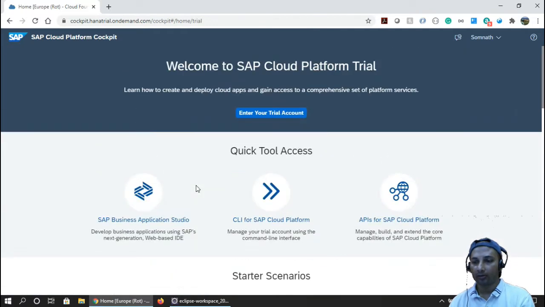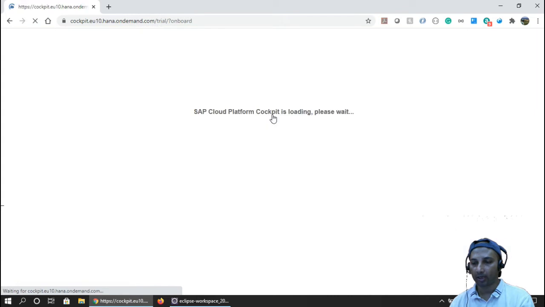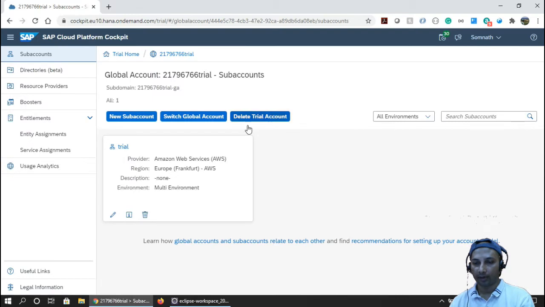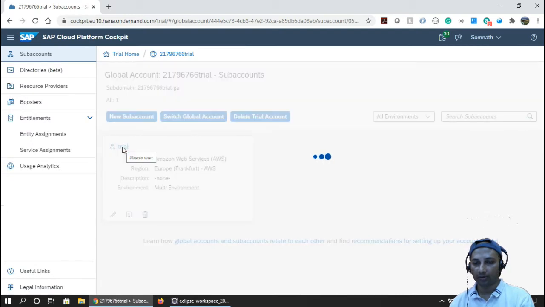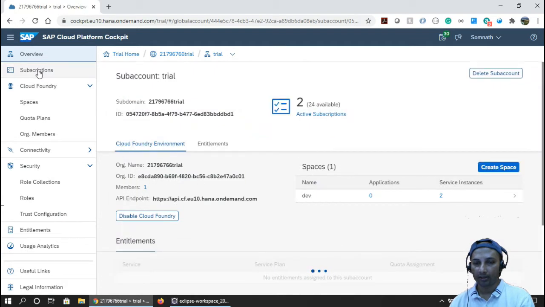Cool. So how can we get into it? You just have to enter your trial account and you will get into your trial instance. It's taking time. Fine. So this is my trial instance. If we go inside, you have to check the subscriptions.